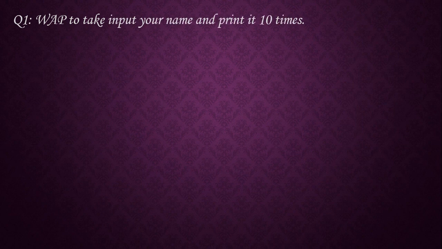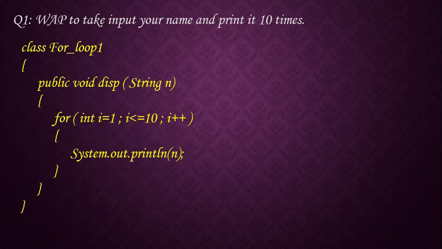Okay, so let us take up some examples. Let us begin with a simple one, where we have to take input a name and display it 10 times. So our program begins, and here we have taken input a string type variable where we will be storing the name. The for loop begins with initialization. I am initializing the variable's value with 1, and what is my condition? That this loop will run up till 10, and each and every time the value of the loop variable will